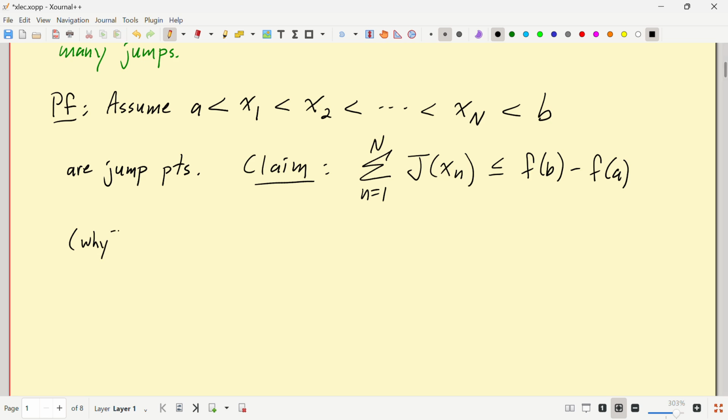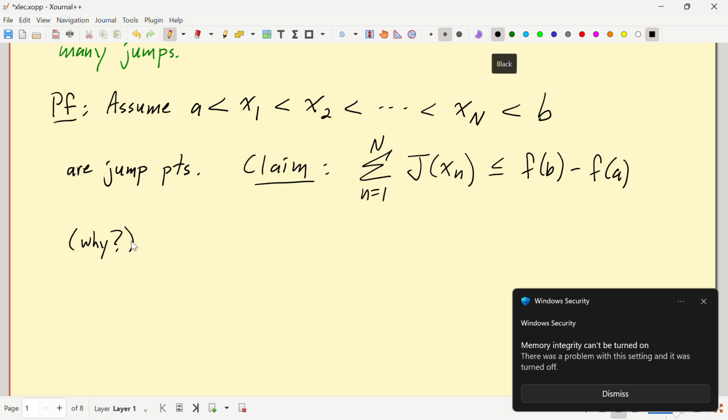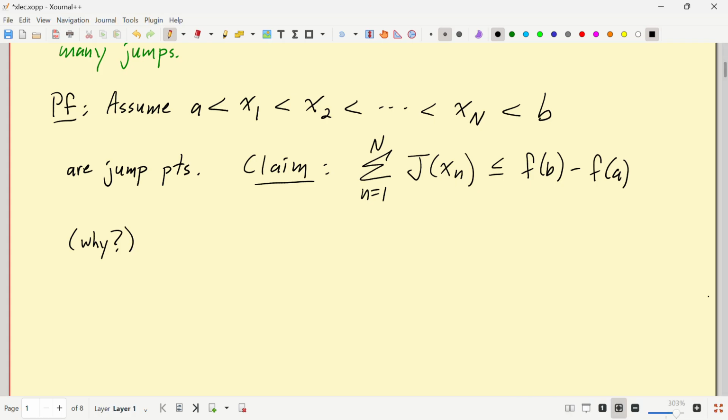This is actually the interesting part of the theorem. I guess whenever you draw these pictures, you believe it, because the jumps are always less than they look like, at least in my pictures. They look strictly less. It's true that a constant function is increasing by the definition, but I would never draw that as my typical function. So if the function was constant, there would be no jumps. All those jumps would be 0, and the right-hand side would be 0 too, so it would be still true.